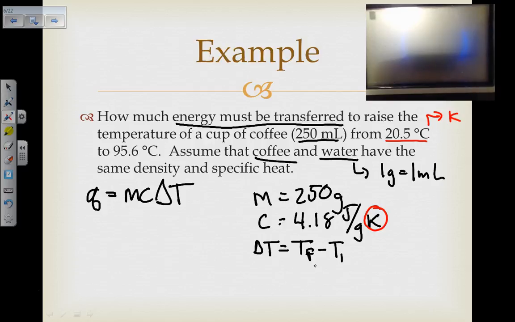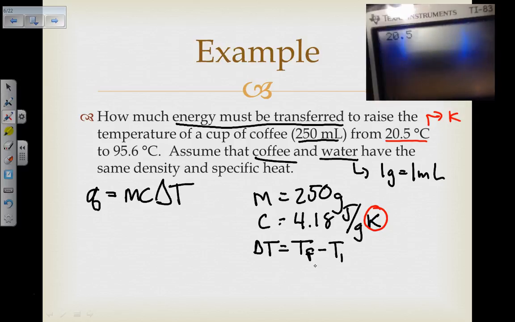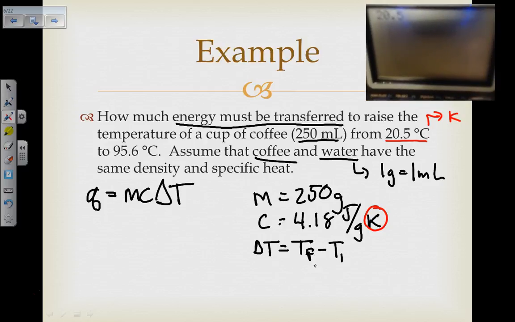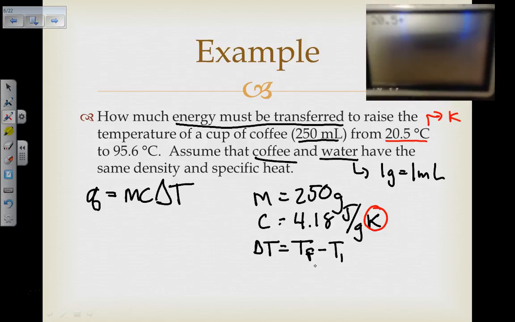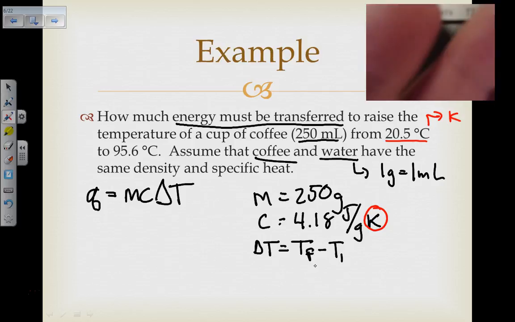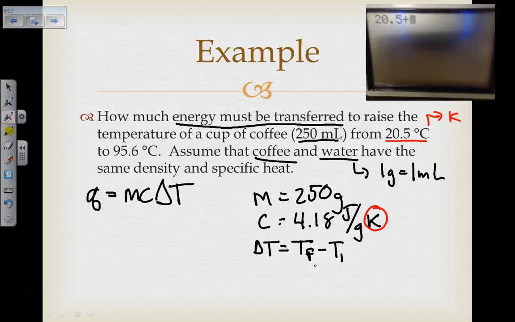So 20.5 plus, I'm trying to move the calculator so that you can see it. Let's see, I think if I do something like this. Okay, 20.5 plus